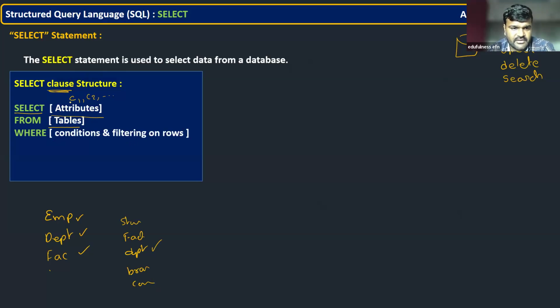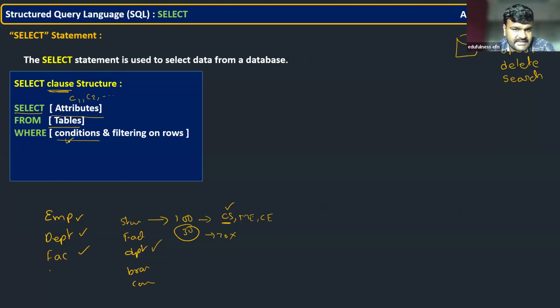You are going to have rows and columns. In a student table, you are going to have, for example, 100 students. In these 100 students, CSE students are there, mechanical students are there, civil students are there, like this. When I need only CSE students, 30 are there, for example. So I need CSE students, which means the remaining 70 records you have to exclude. That's what you are telling in the form of a condition: where department is equal to CSE. That's what you are saying as the condition.